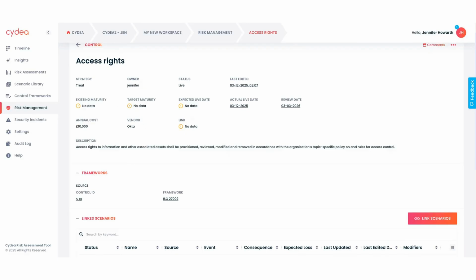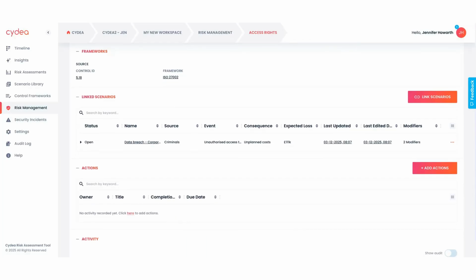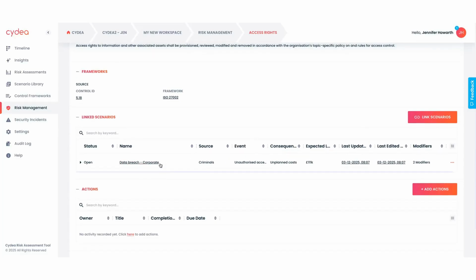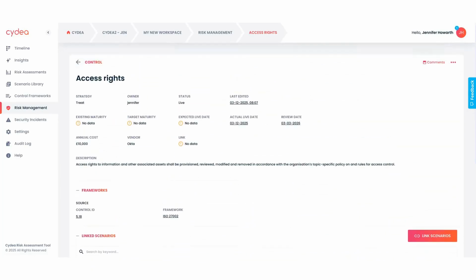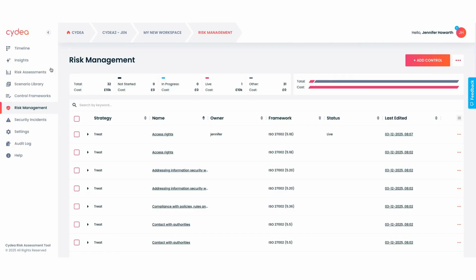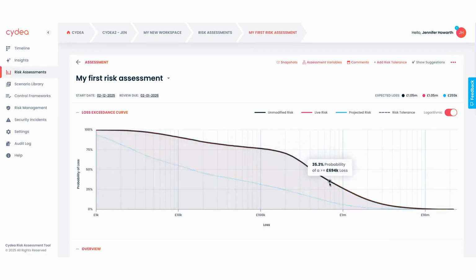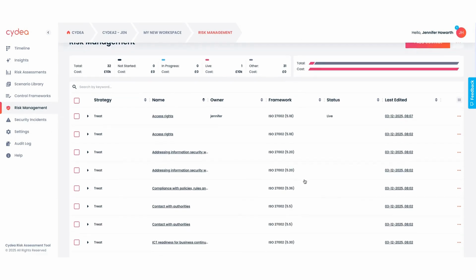So now that I've populated my control data, I can see here the link scenarios. So the access rights are mitigating this data breach corporate risk here. And now that I have this control live, if I go back to the risk assessment, I should see a difference in these lines. I'll need to make a few more live to see that difference, so let me do